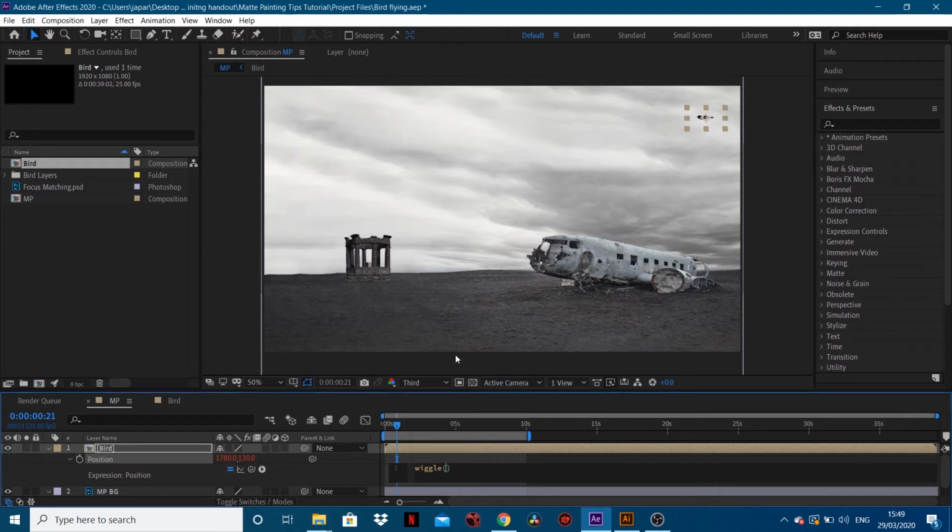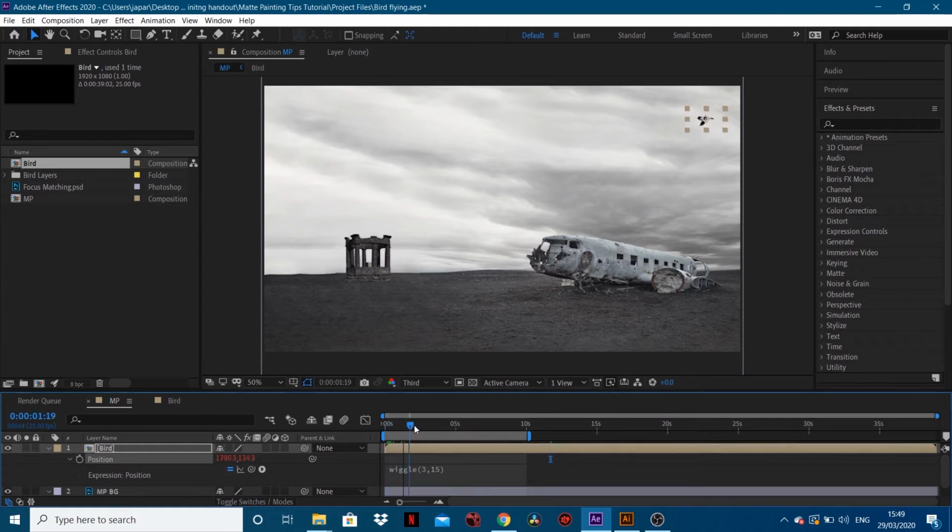Okay, so open brackets, and I'm going to type in, because I know this one worked earlier when I did a test, 3, 15. Now what this is saying is 3 times per second we want this to wiggle around by 15 pixels, okay? So 3 times a second, this bird is going to wiggle by 15 pixels in the X and the Y. So if I just hit enter or click off, just to let that wiggle take effect,